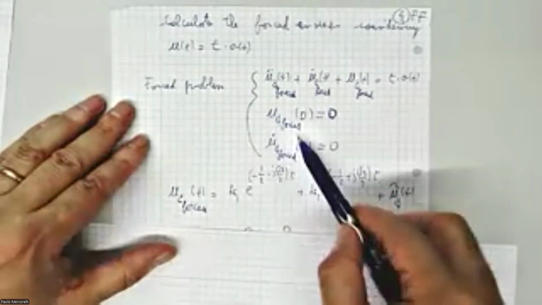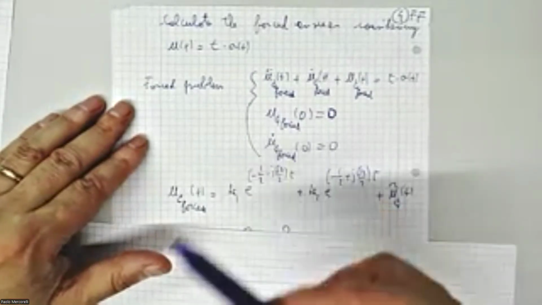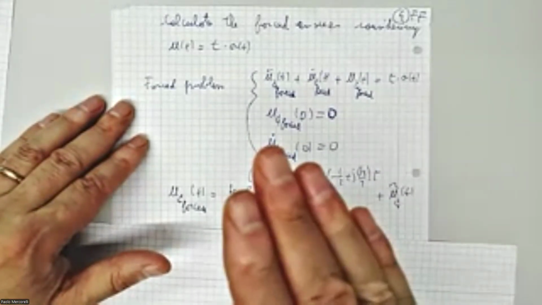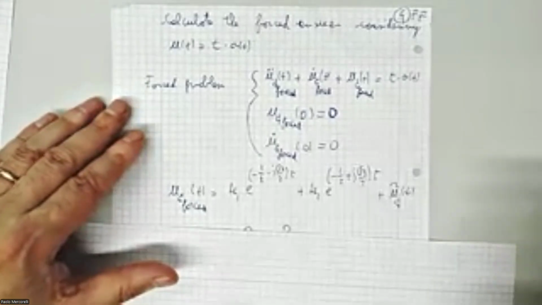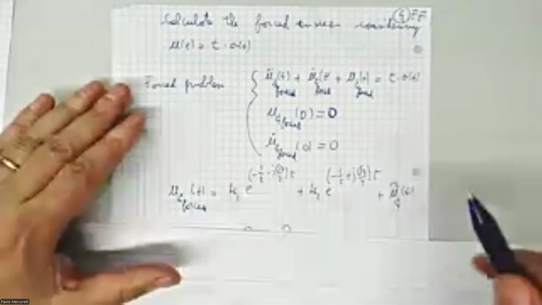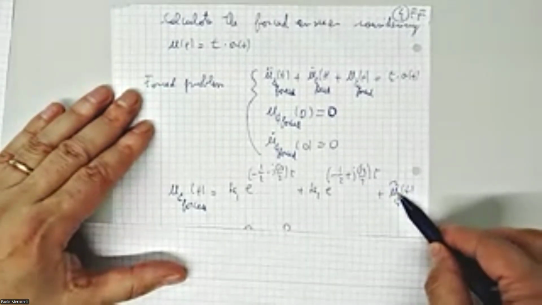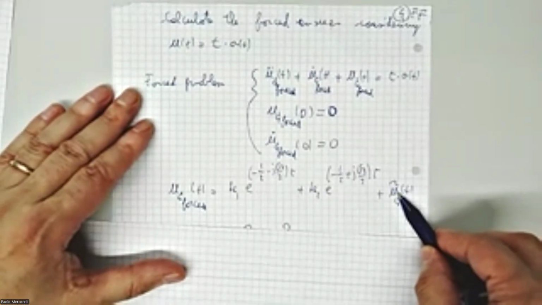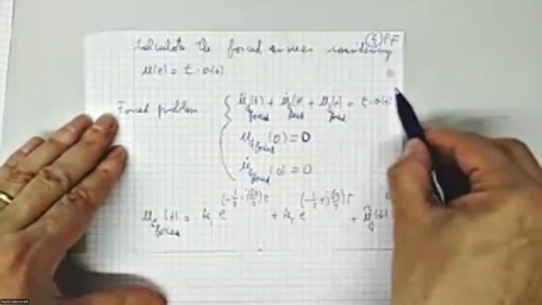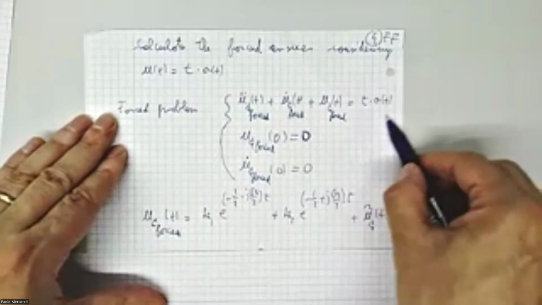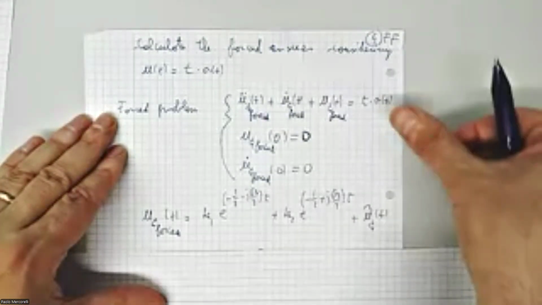Assuming that the conditions are the same at time 0 minus and 0 plus as for the free answer, plus the function which must be calculated, which takes into account the contribution of the input now. Because basically, do you remember,